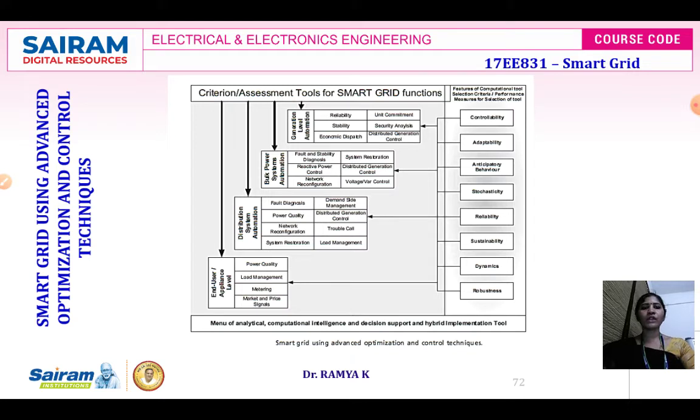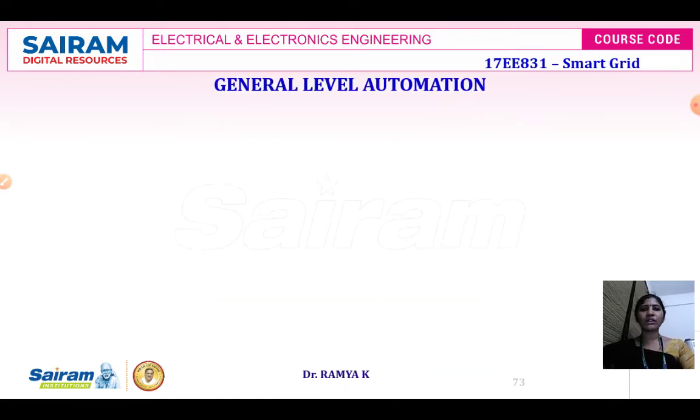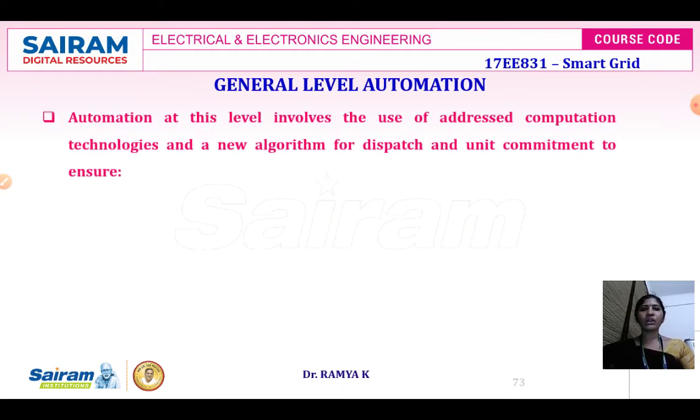The figure shown over here represents four advanced optimization and control techniques that are required to meet the criteria of your smart grid performance. In this, the first level is going to be the generation level automation. Under generation level automation, this level will involve the use of advanced computational technologies and new algorithms for dispatch and unit commitment to ensure